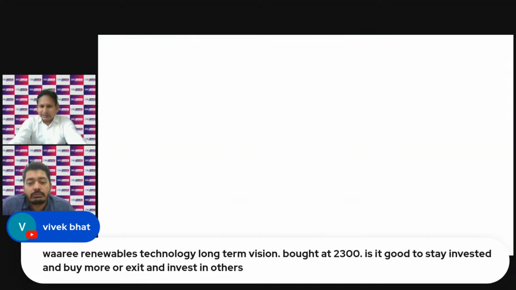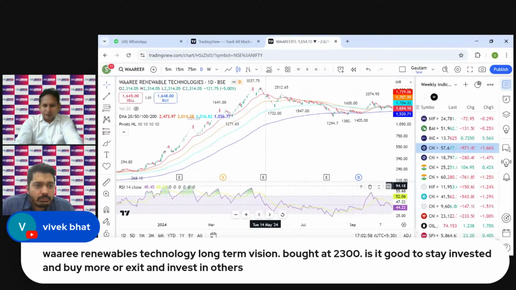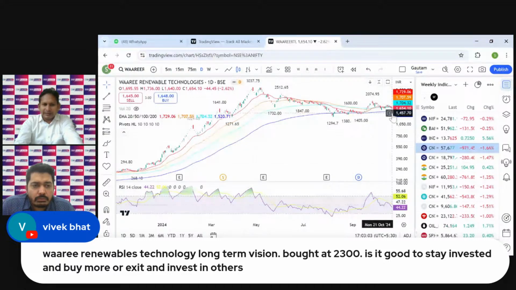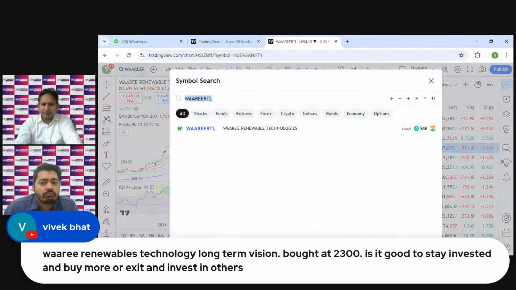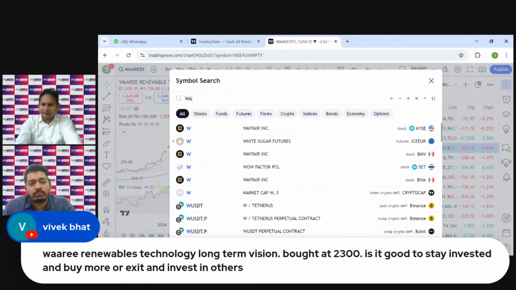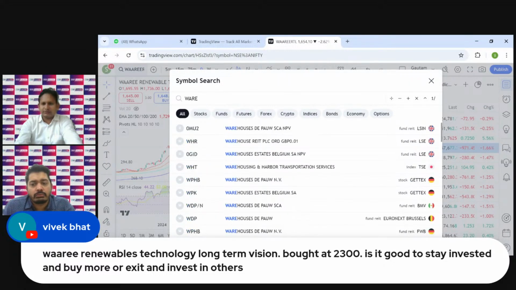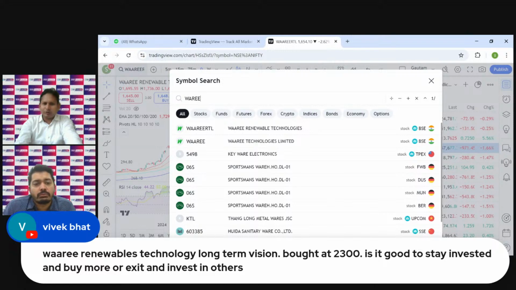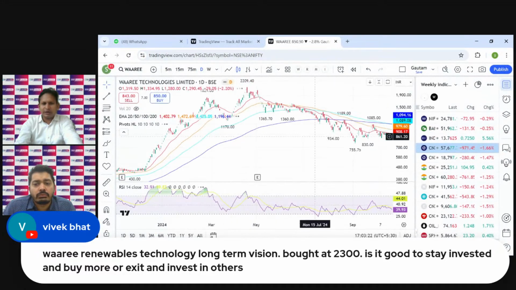Gautam, I think there is some confusion at our end. I think Mr. Vivek is talking about Waaree Renewables Technology. There is one more company by that name, and I was just going through its financials. I think it is Waaree Technologies Limited. That's a micro cap company, 900 crore market cap, and that company is loss making. They are into energy storage solutions, and hardly their turnover is 28 crore, with 7 crore loss, and 900 crore market cap. I would not like to invest my money in such a company, and I would recommend you to exit from